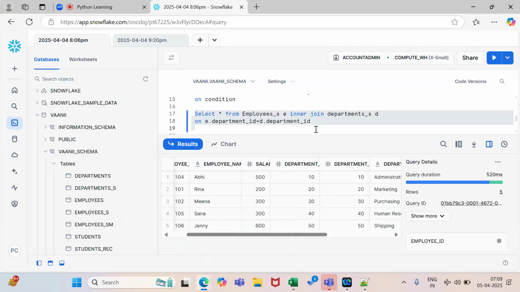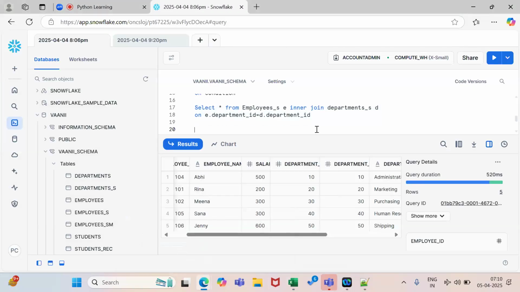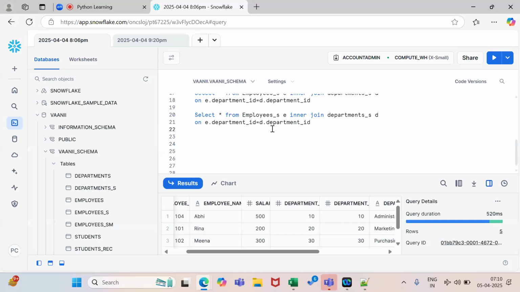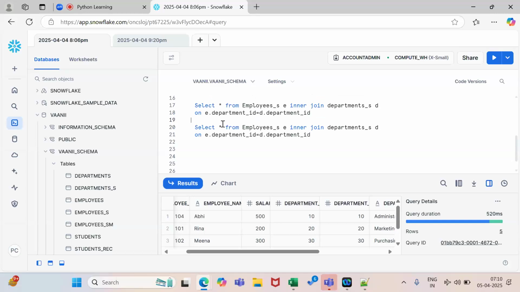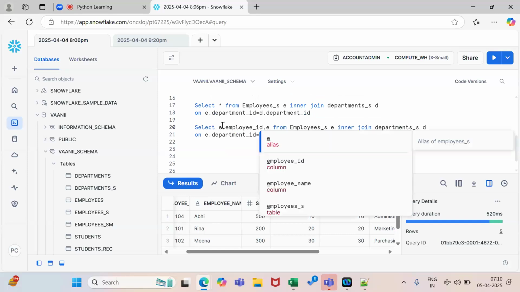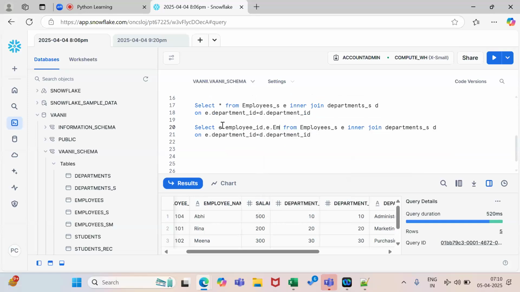Now if you want to bring only a few columns, not all columns, you can just do like this: e dot employee id, e dot employee name, then you can put e dot department id, and for columns from the departments table you have to put d dot, because we have kept this alias.